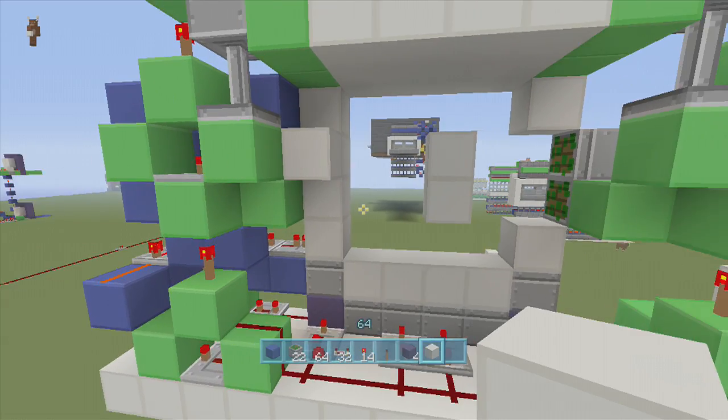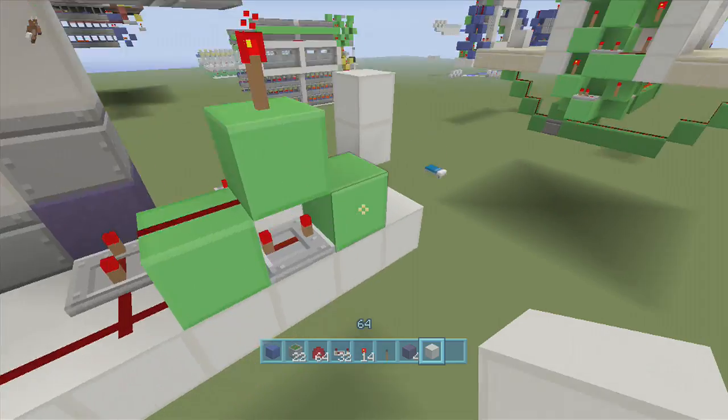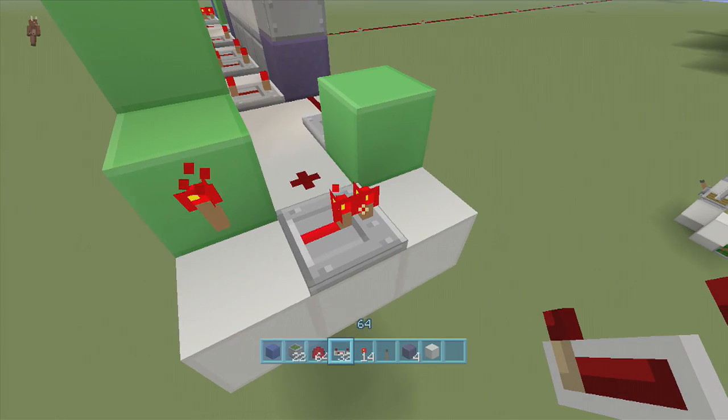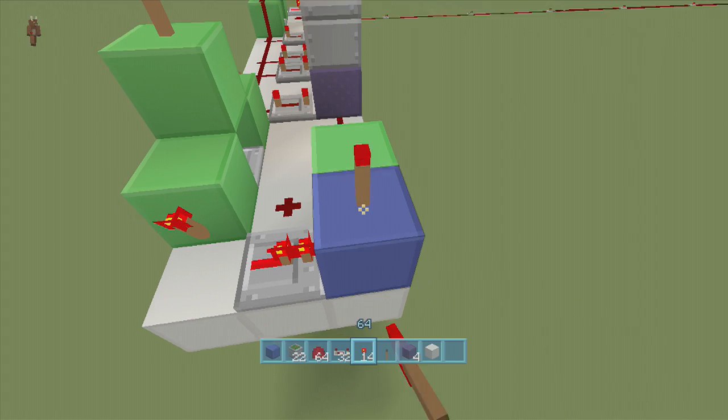Now we just got to do the same exact thing we did over here on this side. So just come over here where this 4 tick delay repeater is. Actually, let me get rid of this real quick and put a torch coming out of that. Put a repeater coming out of the torch. It should come on 1 tick delay. Put a block in front of it. Torch on top of the block. The torch should go